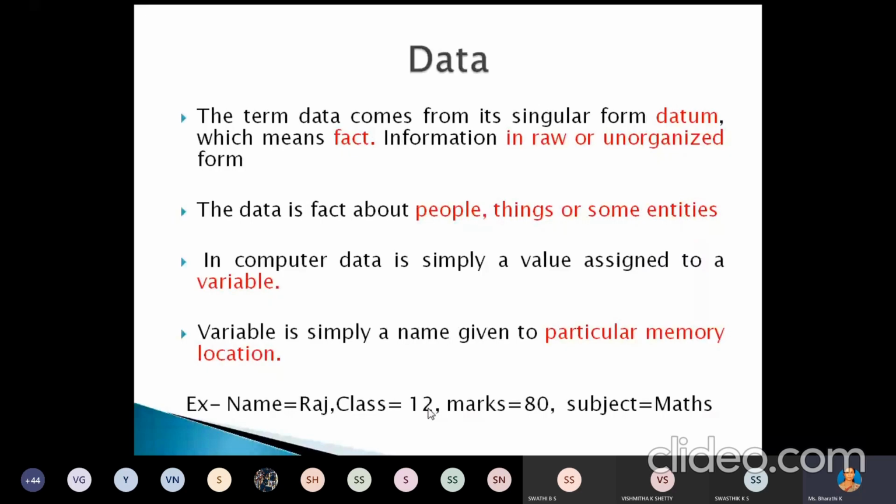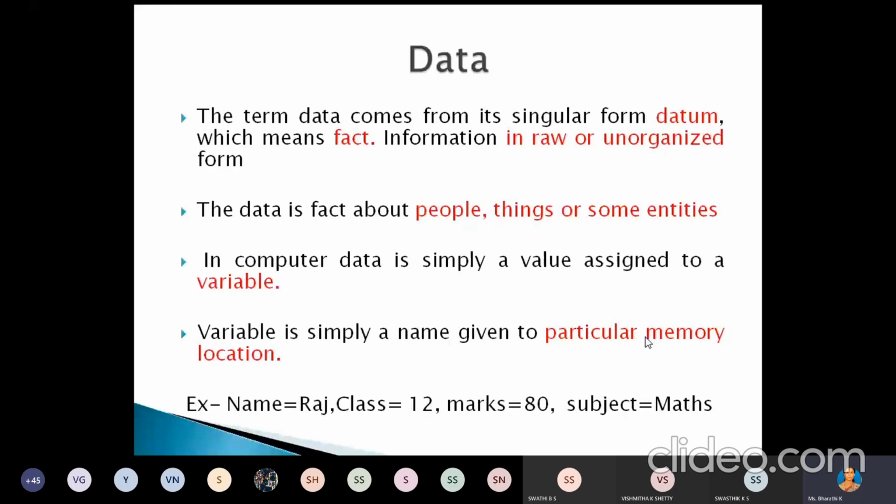Here class is the variable name, and 12 is integer type data that we are storing in the memory location class. In the same way, we have the data 80 that we are storing in the variable marks. We have the data maths, that is character or string type, that we are storing in the variable subject.